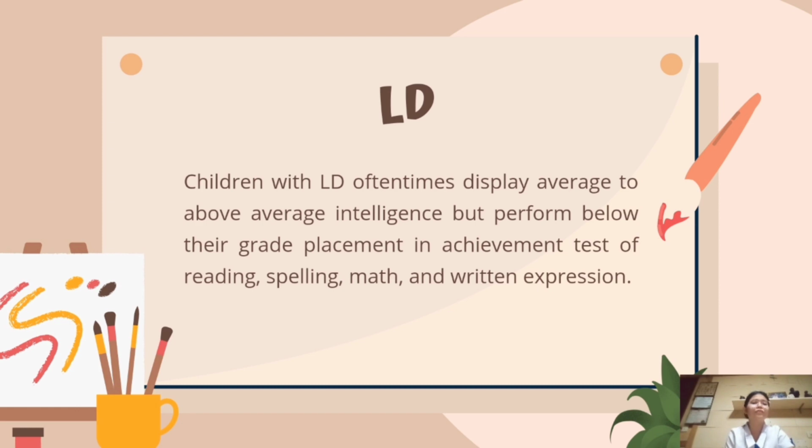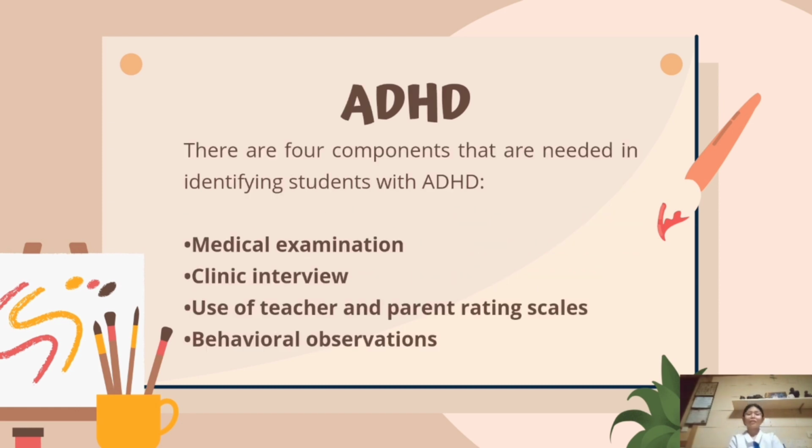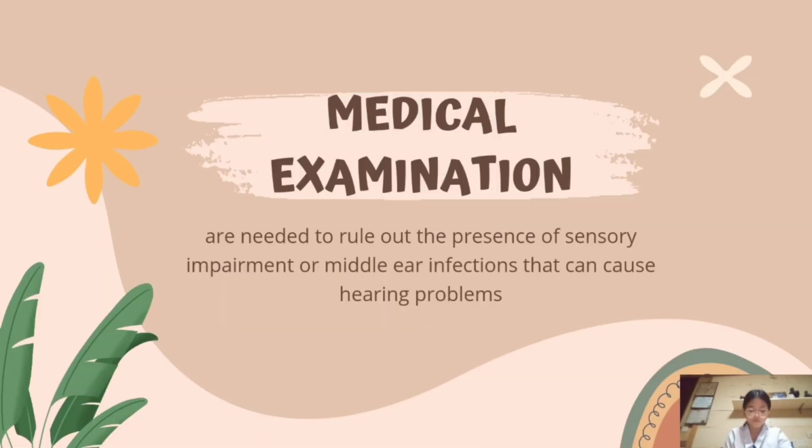And let's move on to the ADHD. There are four components actually that are needed to identify the students who have ADHD. So first one, we have here medical examination. Second, clinical interview. Next, use of teacher and parent rating scales. And behavioral observation, the last one. So first, medical